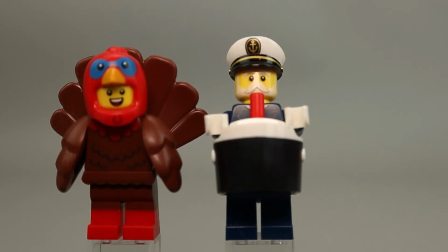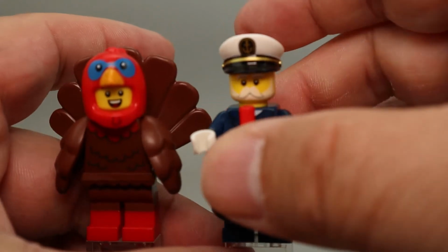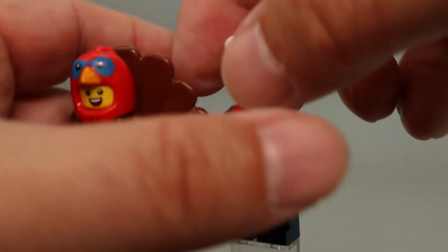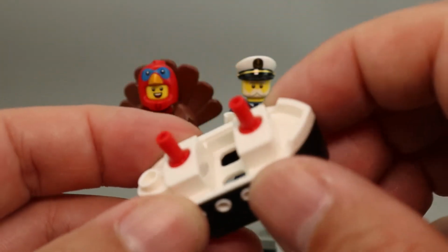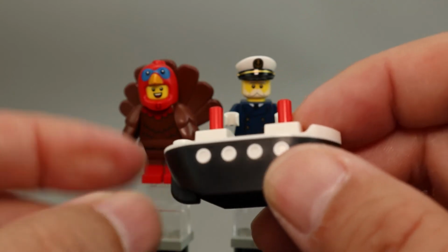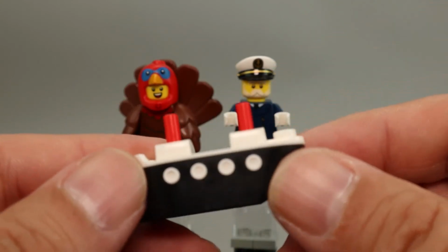The ferry captain here has this nice captain's hat here. The ferry is a very large costume that goes over the captain, kind of connects in the middle. So let me get that off so you can see it better. Here's the holes for the legs, so it goes right on top of the legs and the torso goes down in there. You got the portholes on the side. So here's the back with the rudder, and then the front is kind of sloped like you would see on...